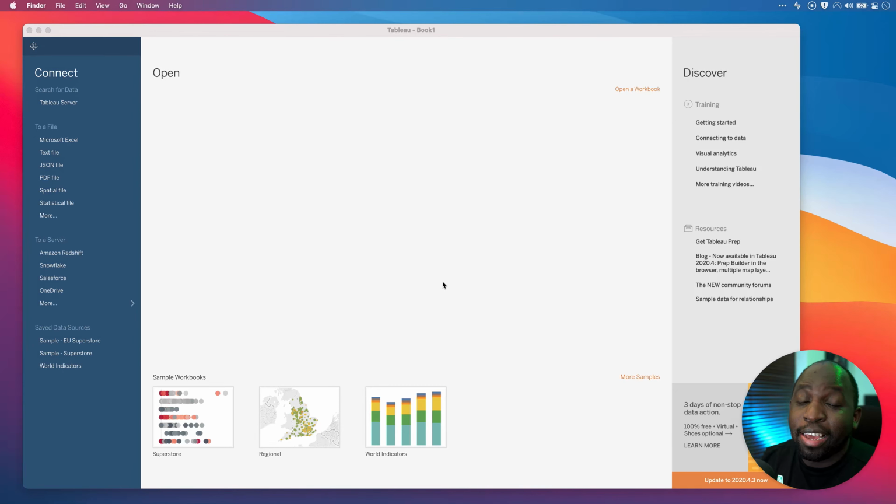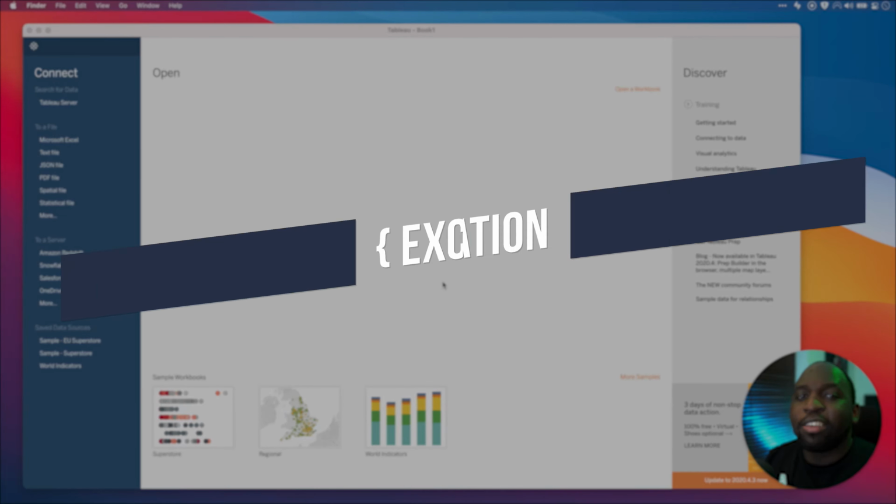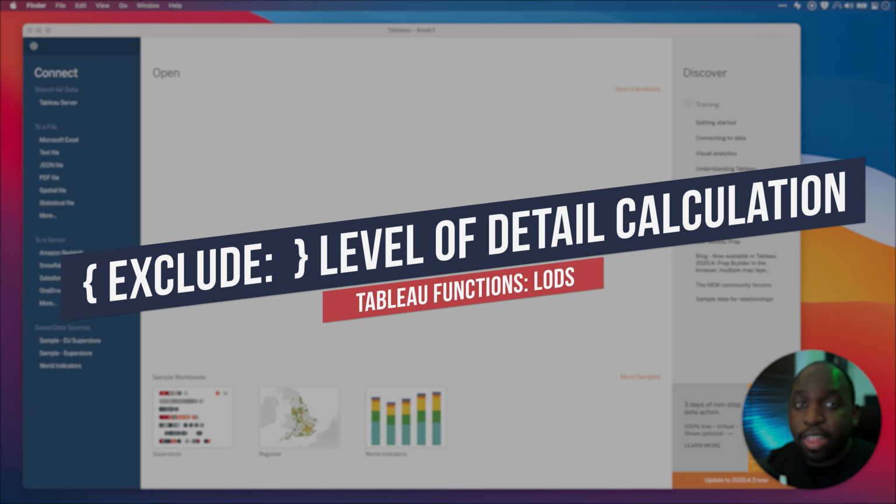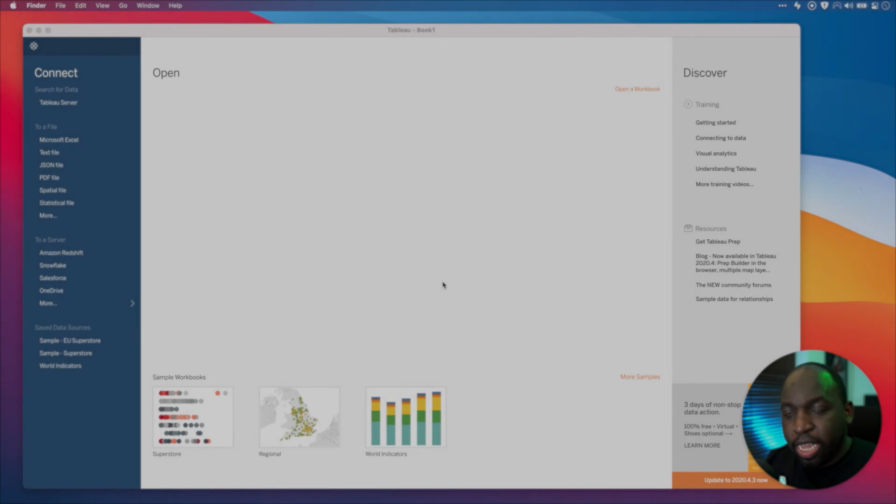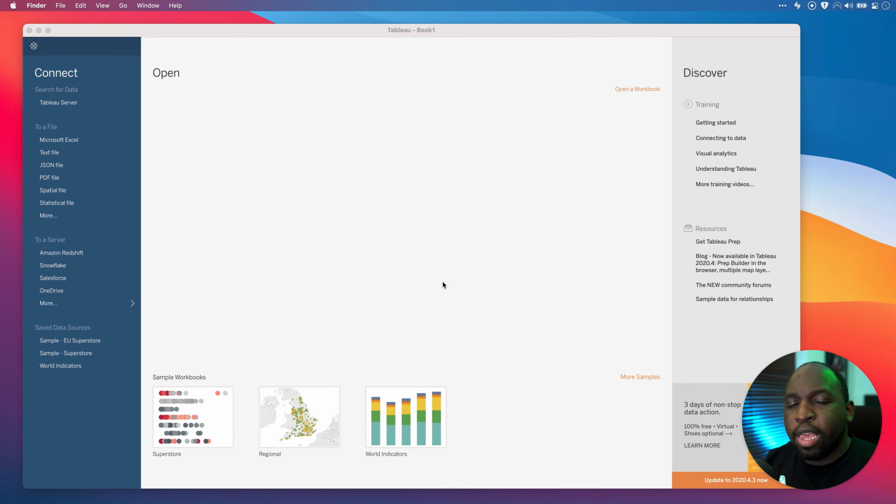Hey, it's Tim here. In today's video, we're doing the very last function in the LOD series, and that is the exclude function. Now, at this point, you've hopefully had a chance to see the fixed level of detail video